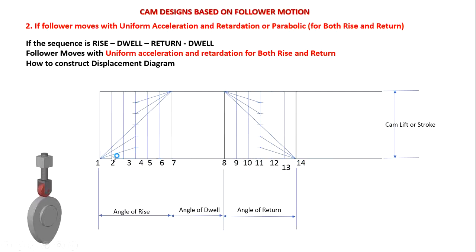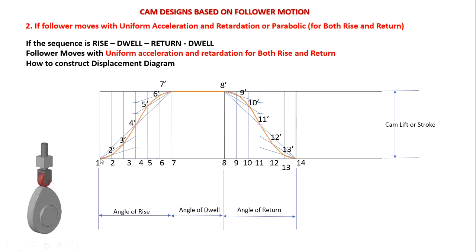Now this is the first intersection point, this is the second intersection point, this is the midpoint 3, this is 4, this is 5. Now we have to join this in this fashion. So now this point is 2 dash, this point is 3 dash, this point is 4 dash, and subsequently going on like this. Similarly for return, this is coming back.